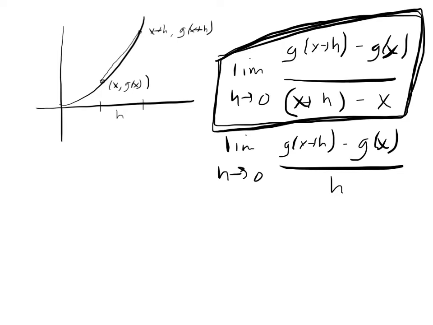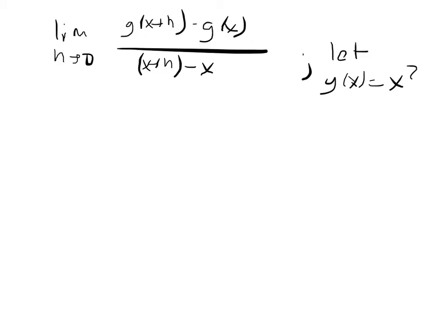In other words, the expression that gives us the slope of the line tangent to the curve of a function at a given point on the function is called the derivative of the function. And note, the derivative of the function will also be a function, as we will see here shortly. So let's look at this derivative function, this limit that gives us a function, and let's look at the specific